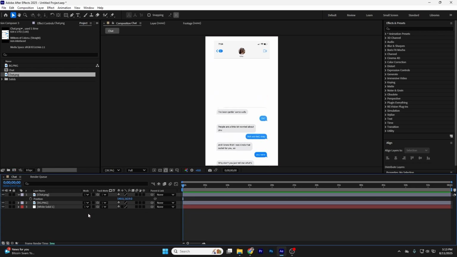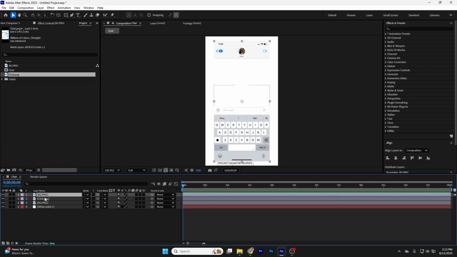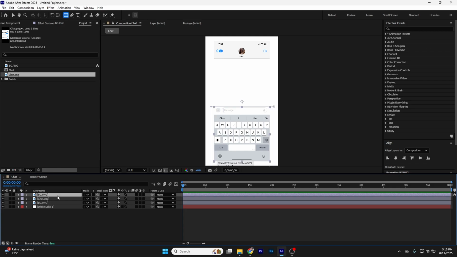from behind the keyboard. Next, I will duplicate the background screenshot and place it above my chat so the chat doesn't reveal yet. Now, I will mask this so I only have the keyboard part visible. So we need this because the chat should reveal from behind the keyboard, and I will duplicate it again and